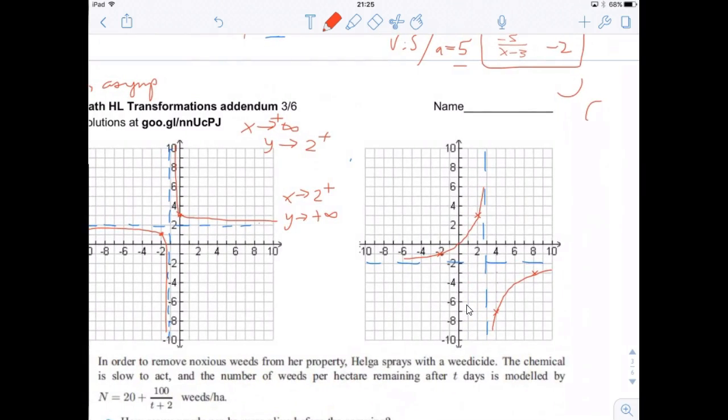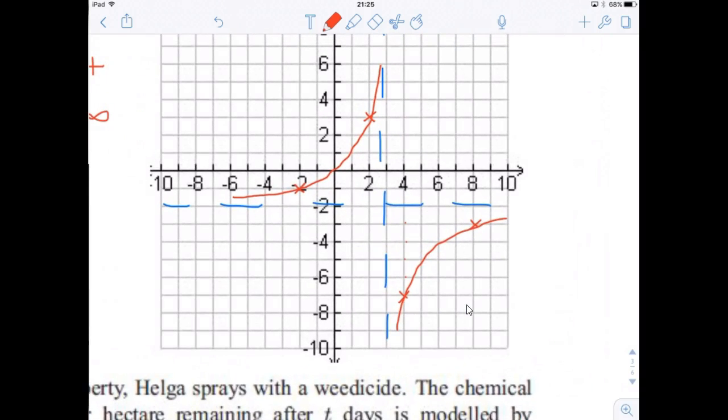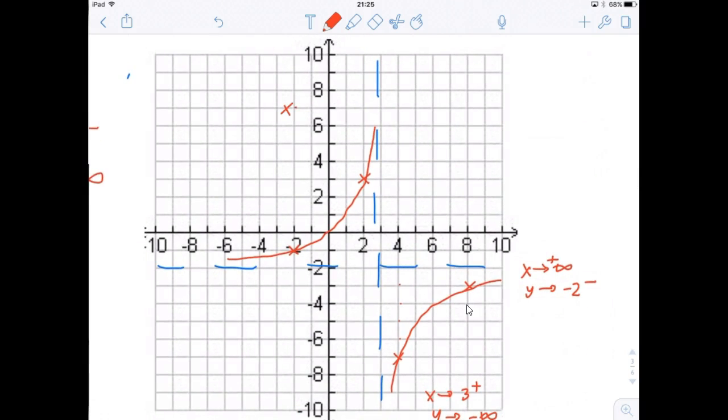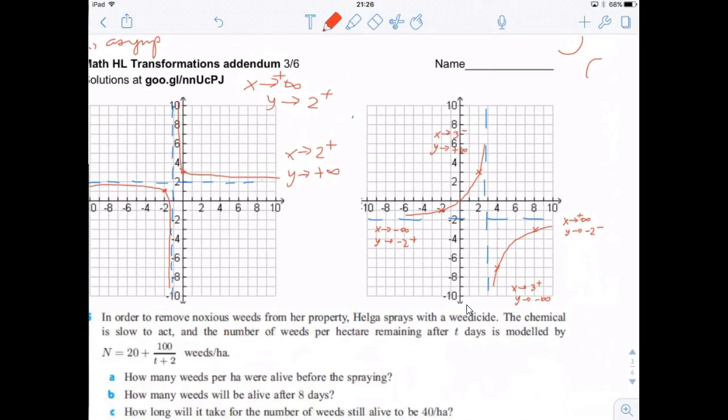Okay? All right, and then when we describe the asymptotes, we will say as x approaches positive infinity, y approaches -2 from the bottom, and as x approaches 3 from the right, y approaches -infinity, and as x approaches 3 from the left, y approaches positive infinity, and here as x approaches -infinity, y approaches -2 from the top. Okay? All right. So those are our functions